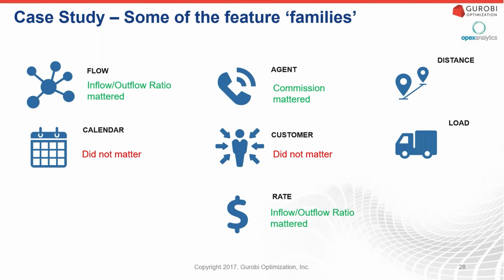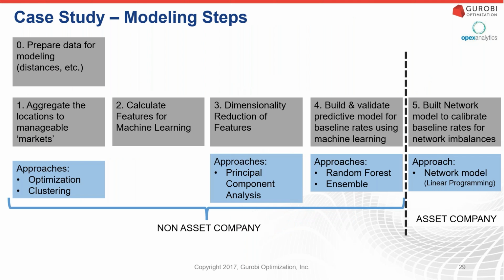These are some of the features that we hypothesized may be important. We said the agent may be important, the flow, the calendar, you know, the day of the week, the month of the year, the customer that I shipped to, the historical rate that we paid, etc. These are the things that we thought were or might be important, and the feature engineering helped us select and figure out which ones were important. You can see the ones in green actually mattered more than the ones that turned out in red. This is not a universal statement. If I go to the next client and customer, it might be exactly the opposite.